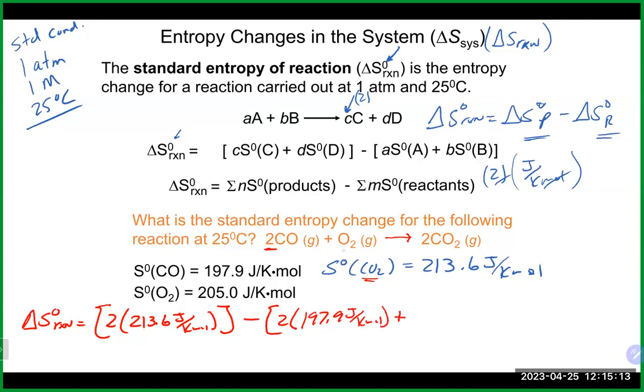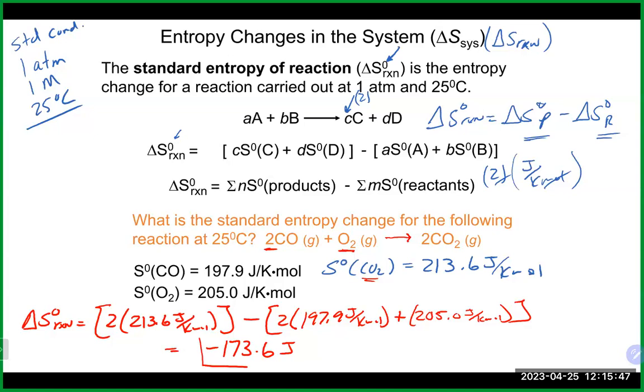We then add our other reactant, O2. The coefficient is 1, so it's 1 times 205. If we do all that, 2 times 213.6 minus 2 times 197.9 plus 205 is going to give us a minus 173.6 joules